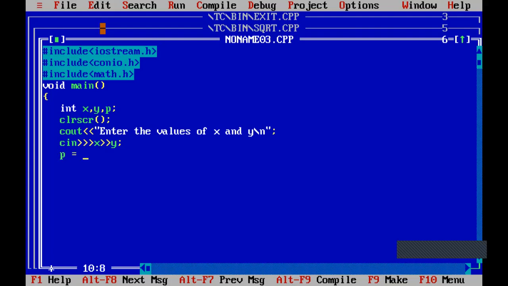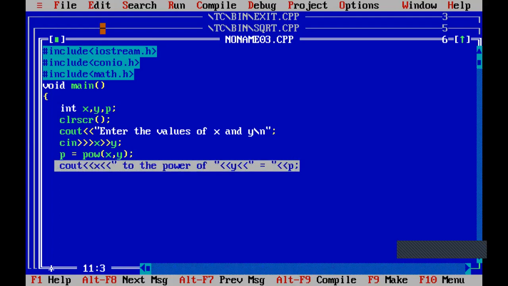So p is equals to POW of x comma y. Okay, so cout x, to the power of, y, equals to, p. See, this particular statement you have to observe how I have written.